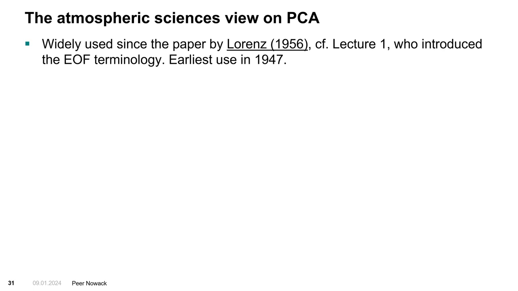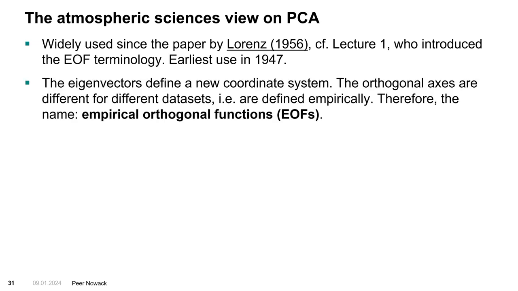Now, the atmospheric science view on PCA, so atmospheric science for me encapsulates meteorology and climate science. I showed this timeline in my first lecture for how machine learning came into climate science or environmental science. Probably what boosted principal components in meteorology was a paper by Lorenz. He was, I think, also connected to the butterfly effect, who also introduced the EOF, empirical orthogonal function terminology. And this was in 1956, but actually, if you look back into history, first applications were already done in 1947. So this concept has been around for a really long time, and this is probably why it's so well evolved